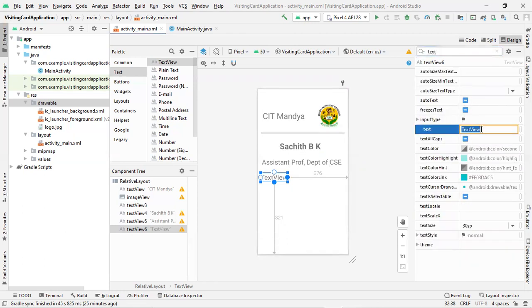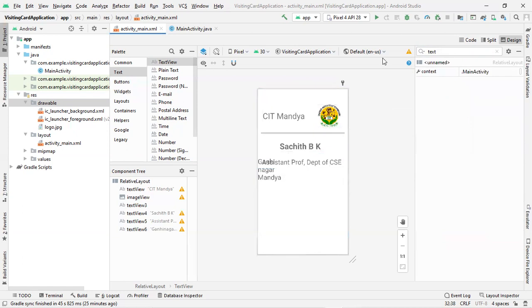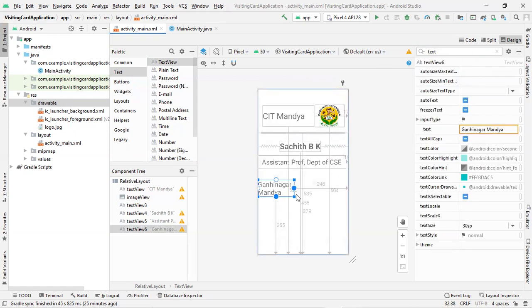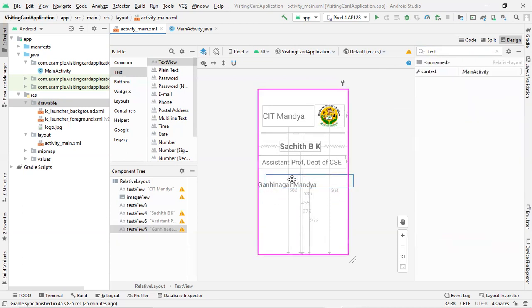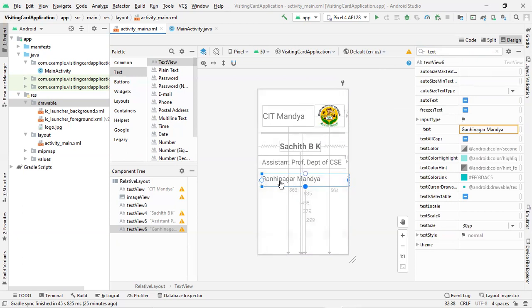Then go to text. Let's give the address. Mandya. So here the text has been mentioned. Now we can align it. We need to make it center aligned.